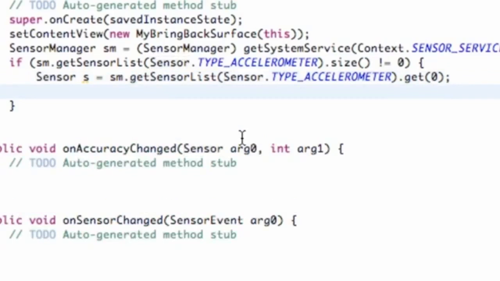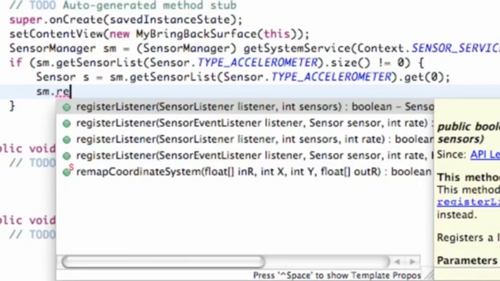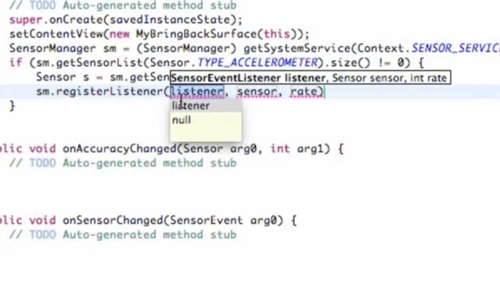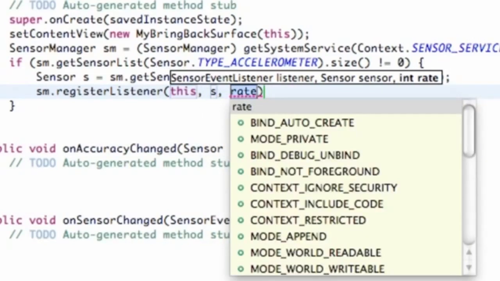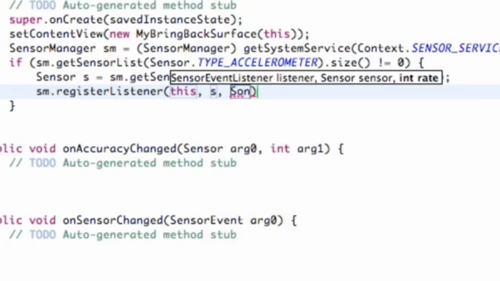Now we're going to register our sensor and our manager. We refer to our sensor manager and say registerListener, and we choose the second option, where we take a sensor event listener, a sensor, and an int for the rate. For our listener, we set this equal to the context of this, and for our sensor, we refer to the sensor we just set up as S, and for our rate, we can refer to the SensorManager class,